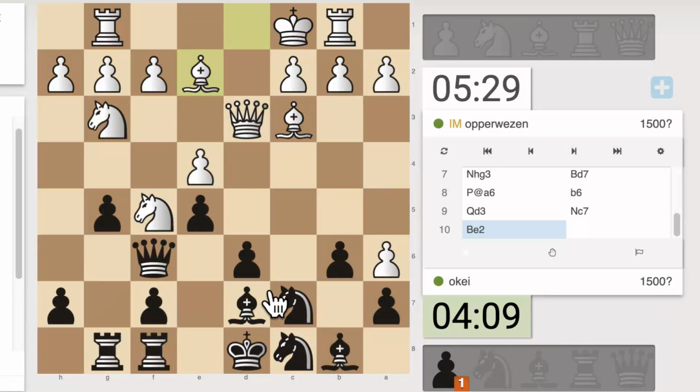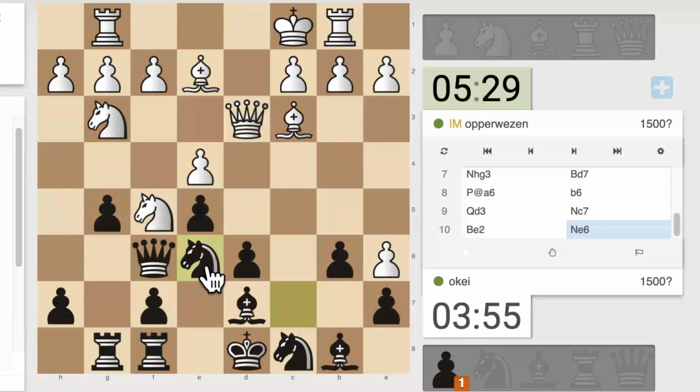No, b5 is nice because knight e6. Bishop b4? Oh, that's fine. b5. If bishop b4, we've got c5. The thing is, I don't want to drop the only pawn that I have. Let's play knight e6 quickly, please. I think we are running out of time. Okay. Knight c5 is what I'm...